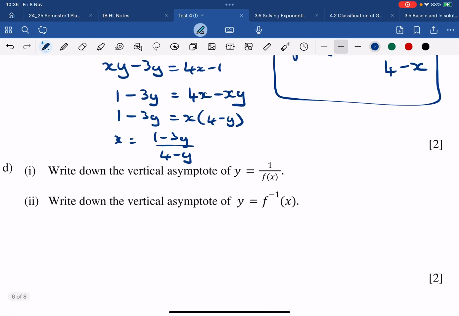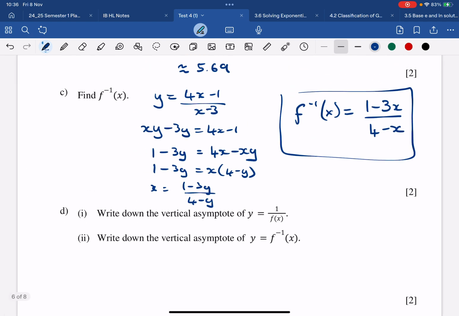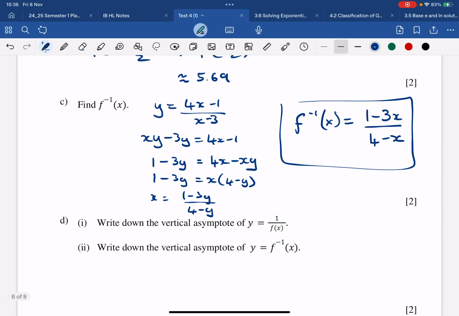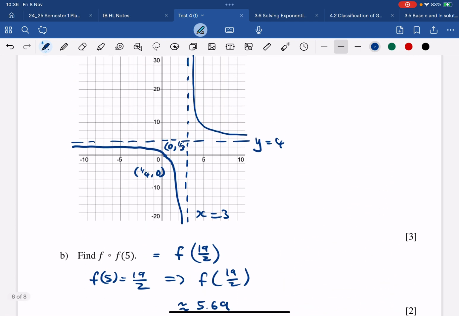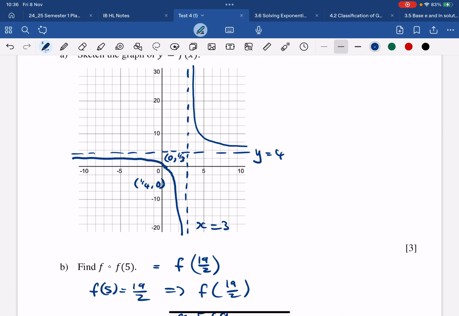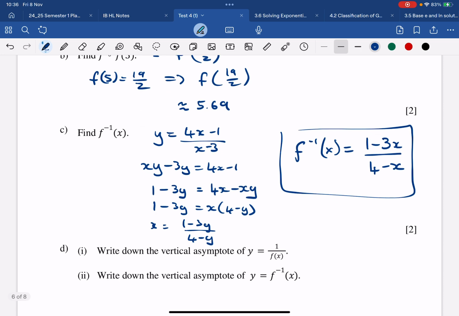Next, it just says write down the vertical asymptote of 1 over f(x). So this is where I need to go back to my graph. The vertical asymptote is where f(x) equals 0 here. And that one there is the quarter. So that's going to give me